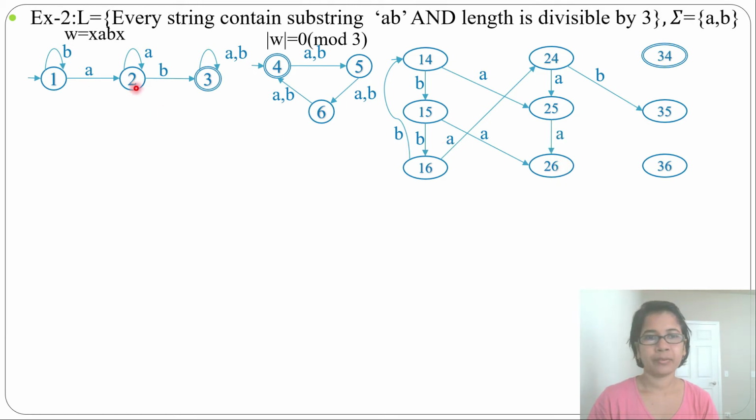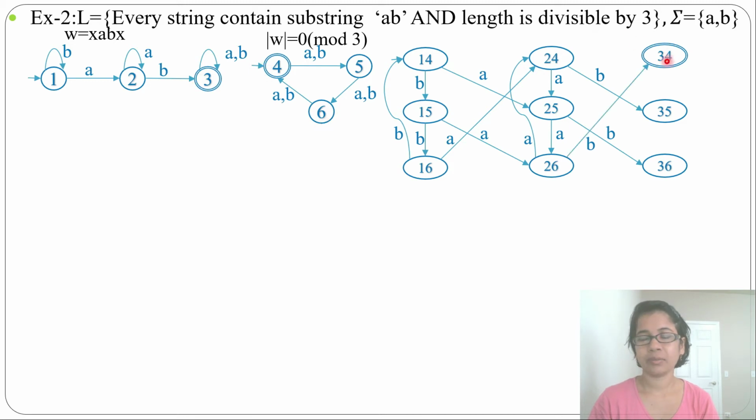And by B, from 2 by B go to 3, and from 5 by B go to 6, so from 2 5 by B it goes to 3 6. Now for 2 6: from 2 by A go to 2, and from 6 by A go to 4, so from 2 6 by A it goes to 2 4, and by B it goes to 3, and from 6 by B it goes to 4, so it goes to 3 4.